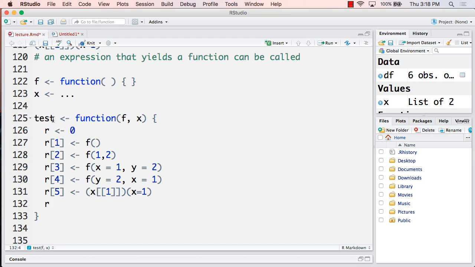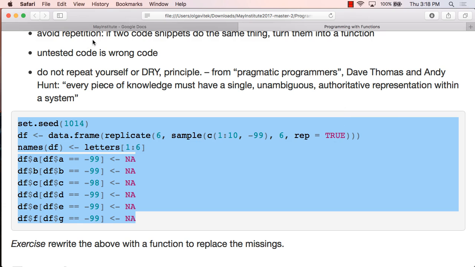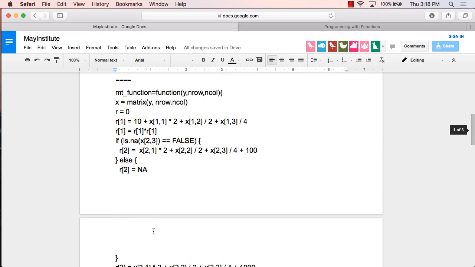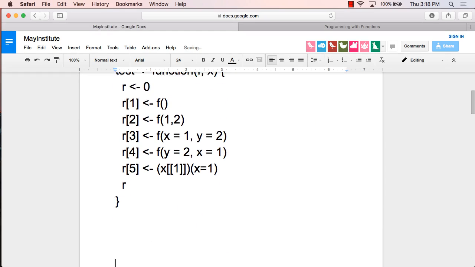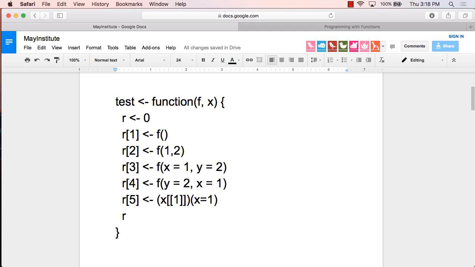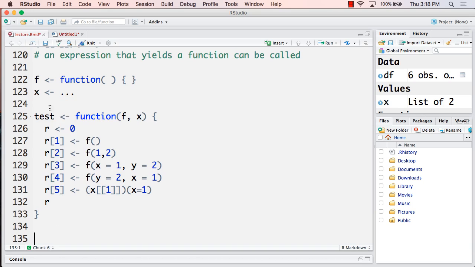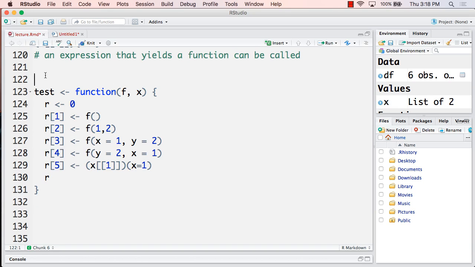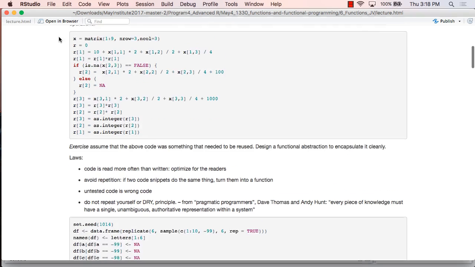All right, so you can run this test. I'll paste it in the shared buffer if you feel like it. And if you give it the right f and the right x, it should just work. So I'll try to define that myself. Oh, what is the expected result? Yes, the expected result is